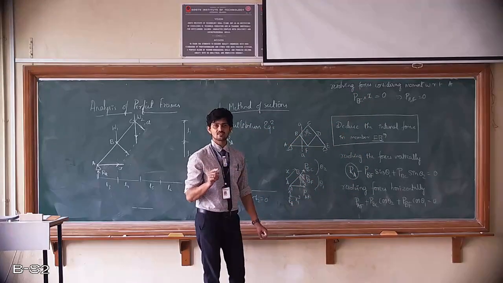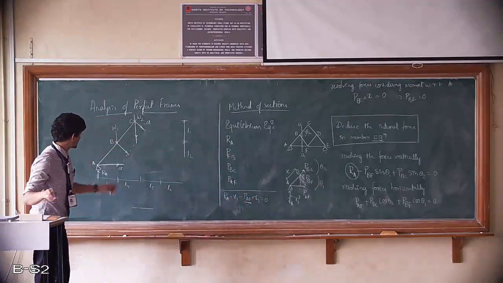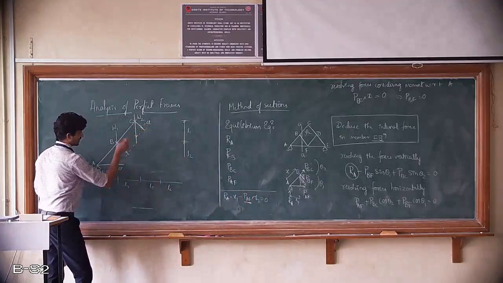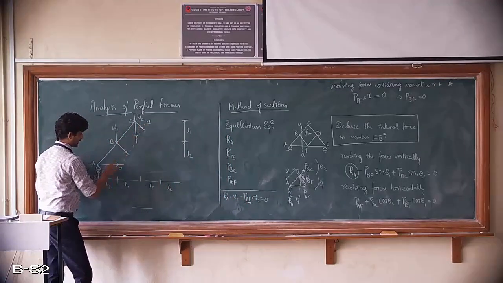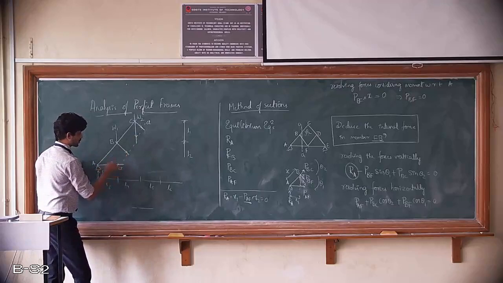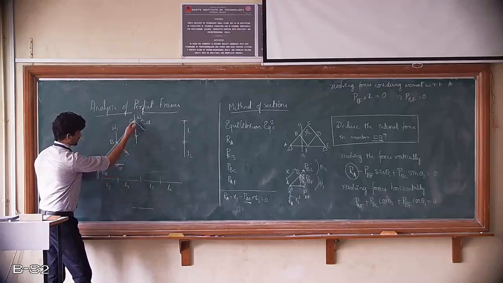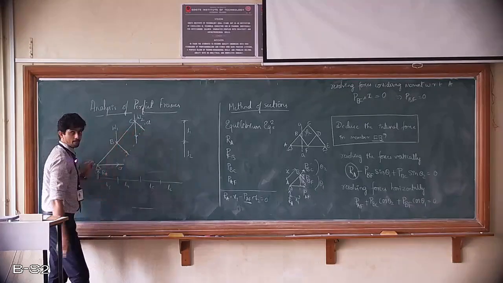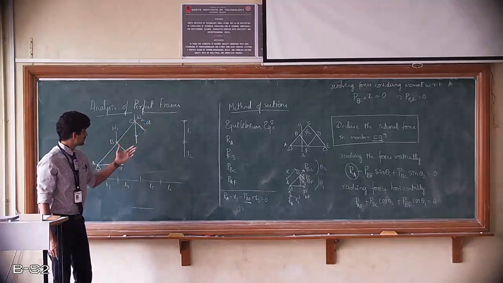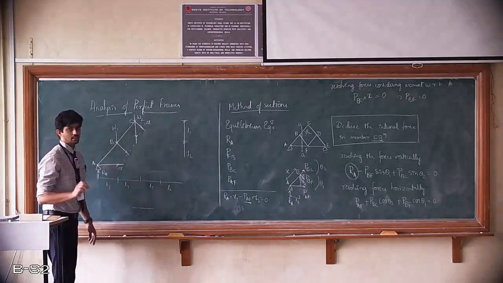Now what is the constraint here? If you look at this diagram, the previous case, the section we considered is going to cut 1, 2, 3 and 4 members. So obviously we are going to get these internal forces as external loads like PA, PB, PC, and there is one more PC. But we just have 3 equilibrium equations. Hence we cannot solve this particular section using the method of sections.